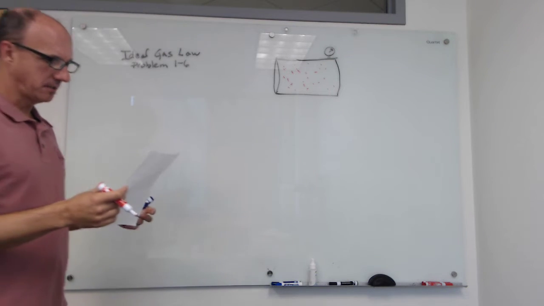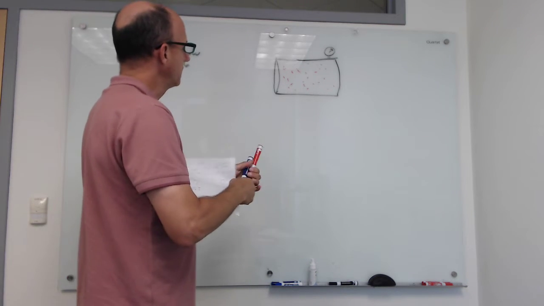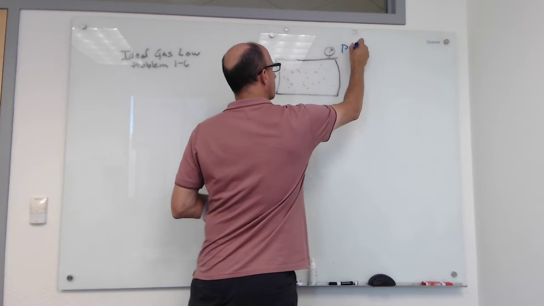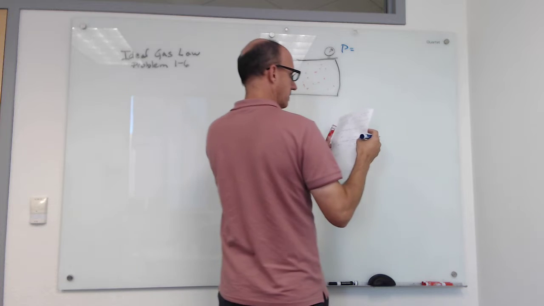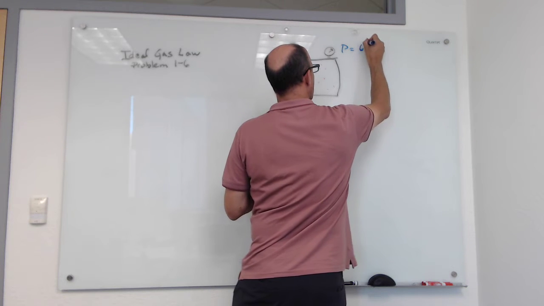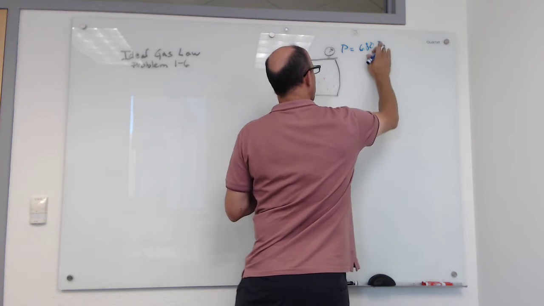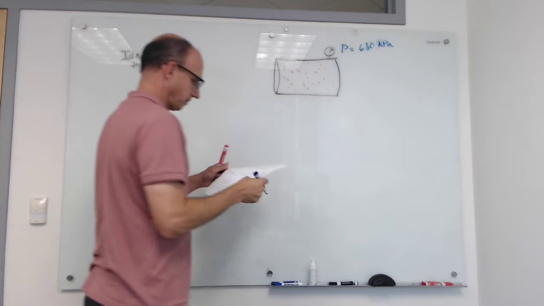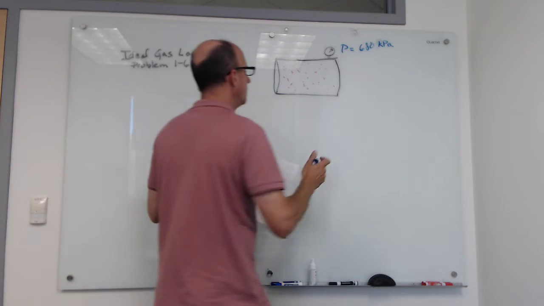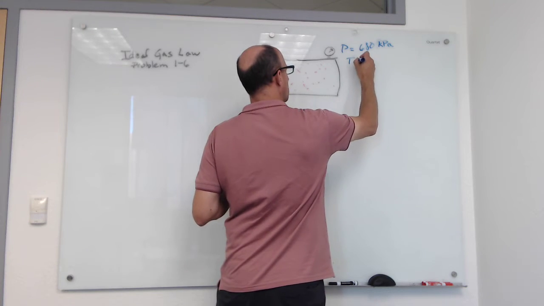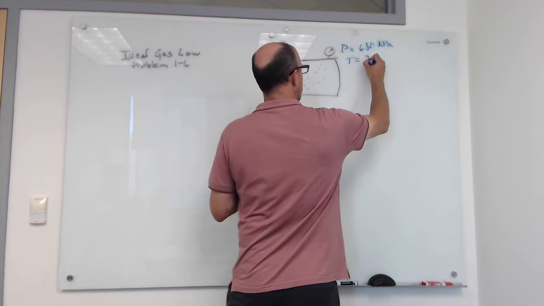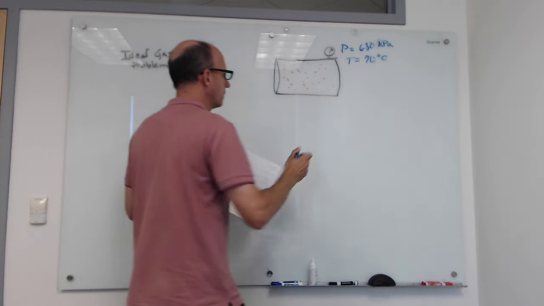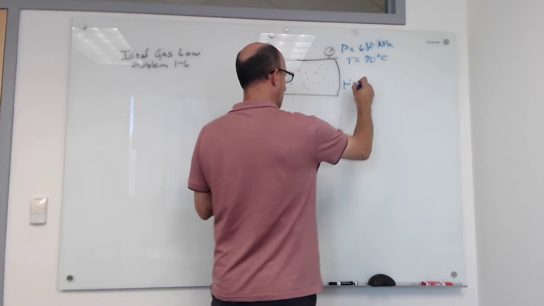And it's pressurized, and the pressure inside the tank is shown by this gauge here. Its pressure is 680 kilopascals. And we're also told that the temperature inside the tank is 70 degrees Celsius. It's pretty warm. Also told that the tank has a volume of